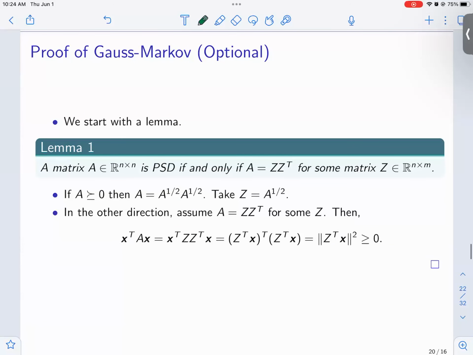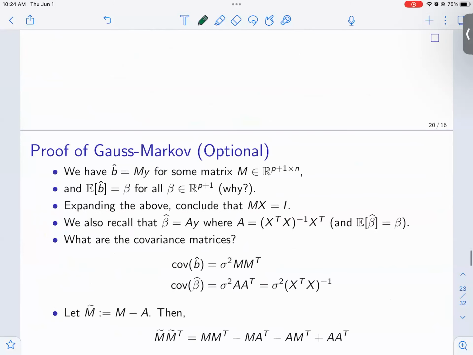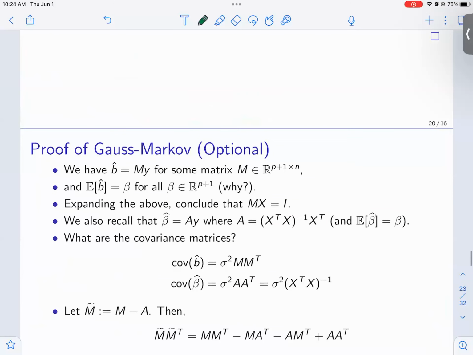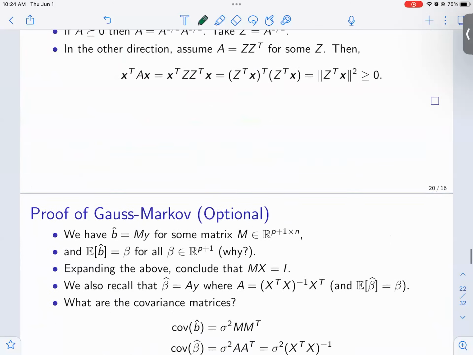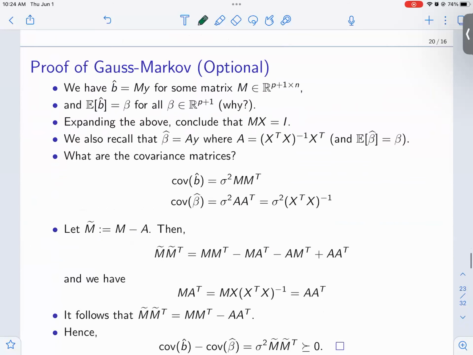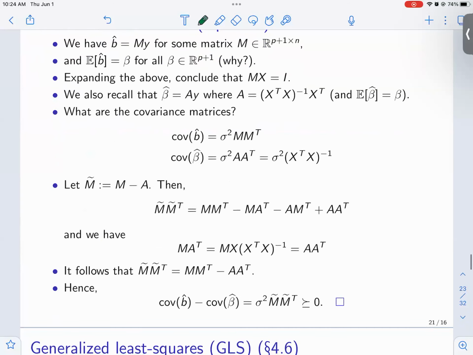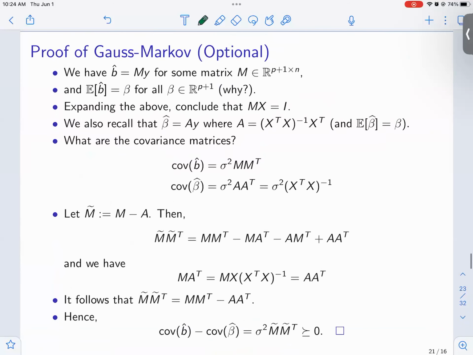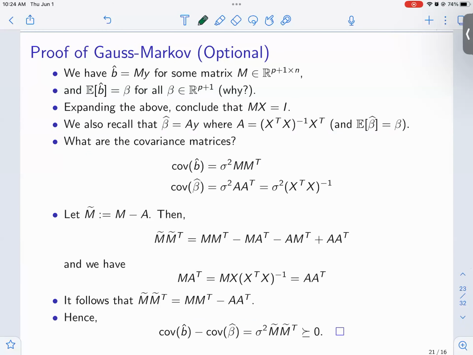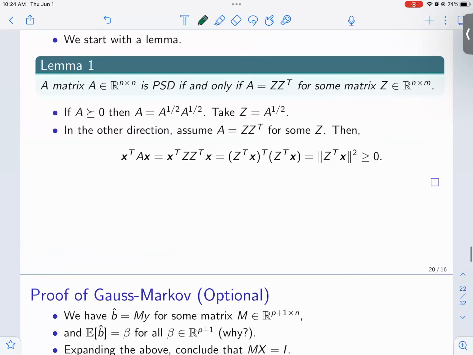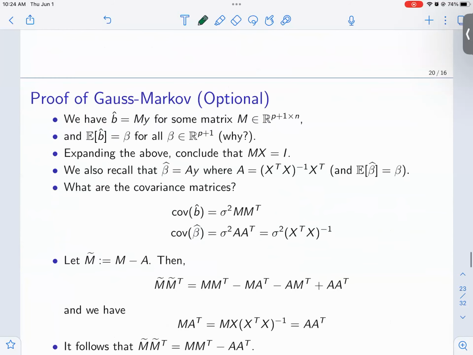Do we want to prove this result? The proof is short, but I'm going to skip it. You can read it, and if you have questions. So the idea is that any positive semi-definite matrix can be written as Z Z transpose for some Z. This is equivalent, and then